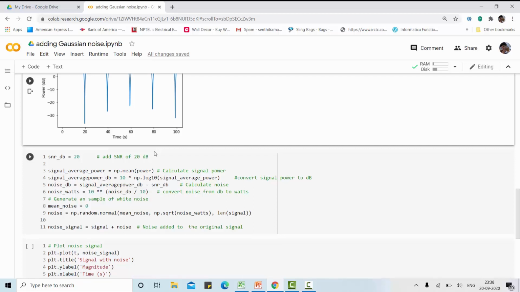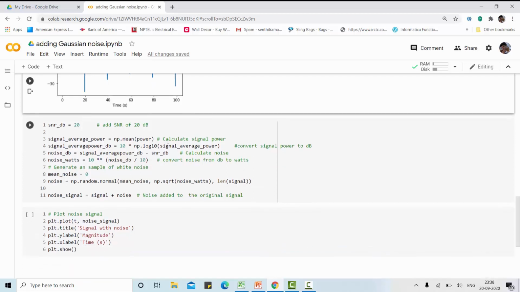Then convert this power, which is in terms of watts, into decibel. How to convert it to decibel? 10 times log of that value, the signal average power.